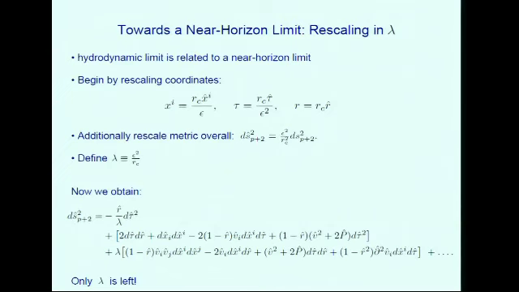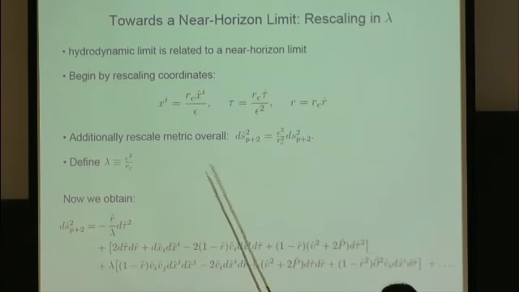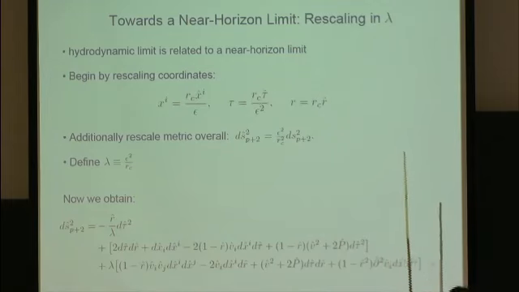So specifically, let's rescale our coordinates. So I'm going to rescale x by some RC over epsilon. Tau, again, by a different power of epsilon. And then I'm just going to use an r hat so that the cutoff is now at r hat equals to 1. And then if I rescale the metric overall, so I'm just going to pull out some epsilon squared over RC squared factor, then I can define some lambda as the particular combination of epsilon and RC given there. And although it's not immediately obvious, you can just take the metric from a few pages ago and rewrite it in these hatted coordinates, and you get the following.